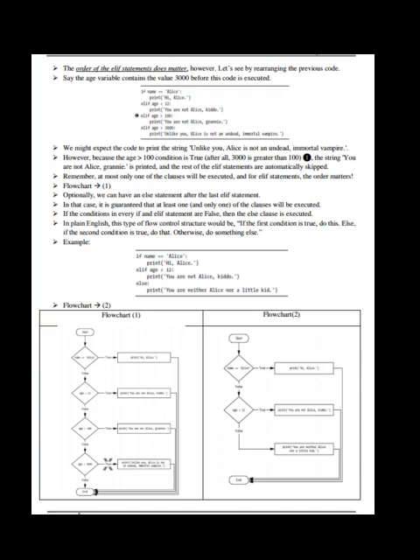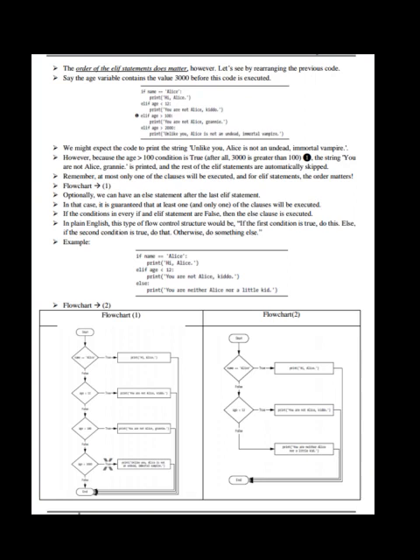However, because the age is greater than 100 condition is true, after all 3000 is greater than 100, the string "you are not Alice, Granny" is printed, and the rest of the elif statements are automatically skipped. Remember, at most only one of the clauses will be executed, and for elif statements the order matters.